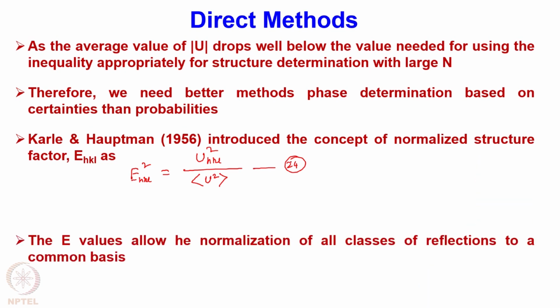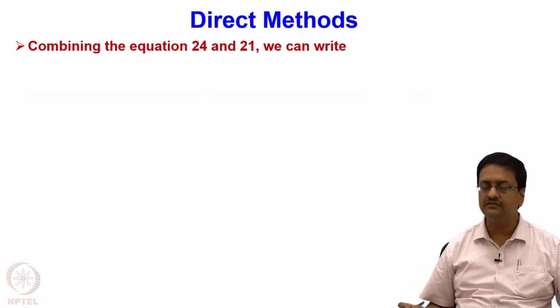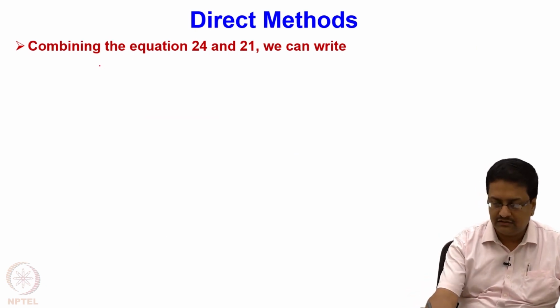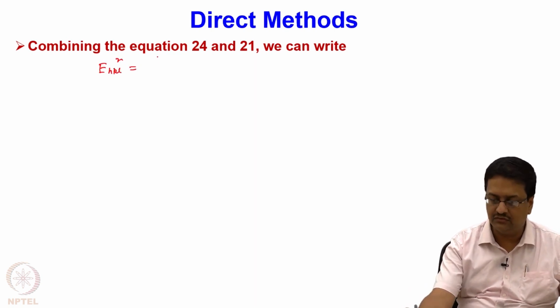So the E values now allow the normalization of all classes of reflections to a common basis. So when we combine these two equations 24 and 21, we can write that EHKL square is equal to UHKL square divided by epsilon sum over j equal to 1 to n nj square